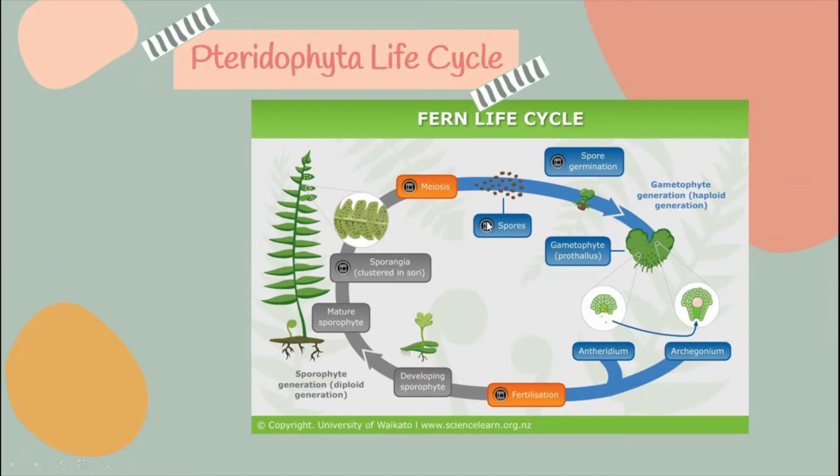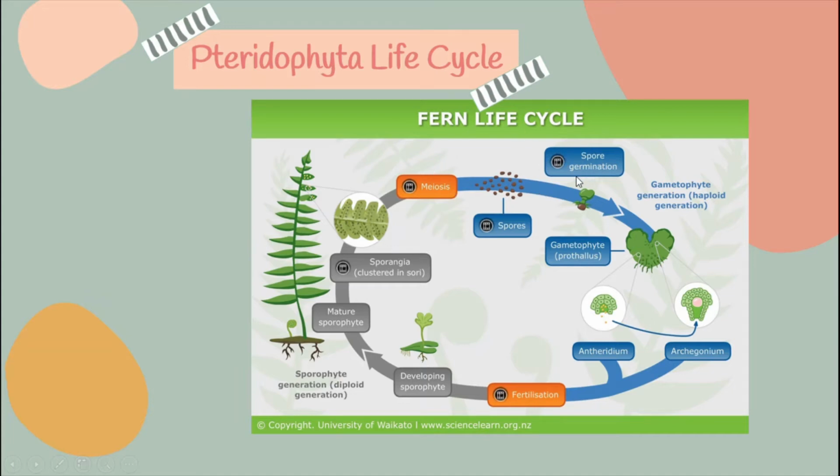Next, we're going to move on to the Pteridophyta life cycle. First of all, let's just look at here. First is sporangia, which are the spores clustered in sori on the leaf of the fern. The sporangia will undergo meiosis and become spores, and these spores will be dispersed by wind. And after they land at certain places which are suitable for them to grow,